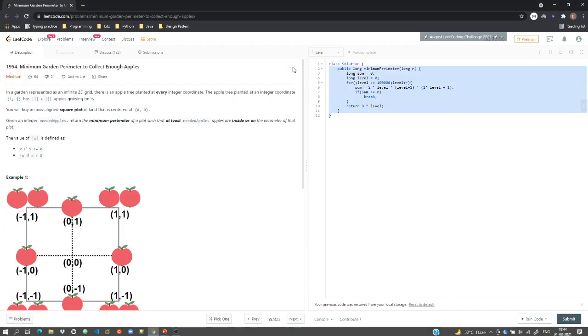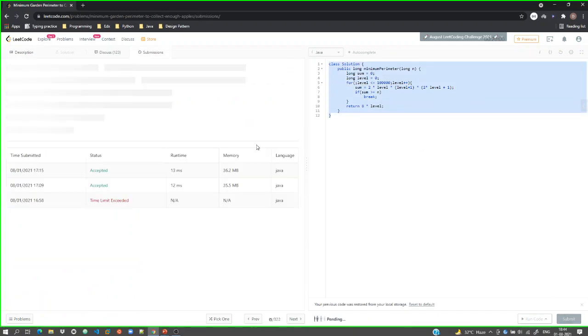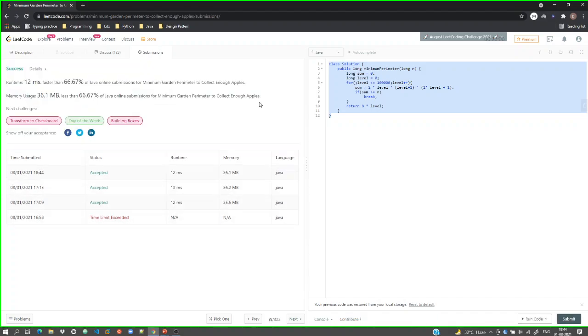So let me submit this thing and let's see what happens. So let's see this code here. Let me submit it. See, okay, so this is submitted. So this is, I think, a mathematical approach, and you can find this particular code in the description, the link to the code in the description.